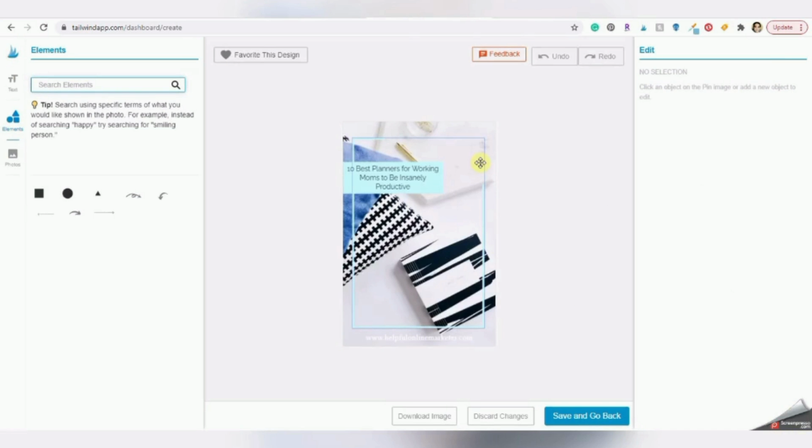Okay, now when you're here, you can edit the pin even further. You can even change the colors again according to what you want. Of course, you can use your brand colors for Pinterest, but I do encourage you to go off brand for your pins as well, because you just don't know what your audience is going to respond to. So if one of your brand colors is orange, for example, and you're using that predominantly for your pins, and you're not getting the clicks you want, you're not getting the saves you want, then I think it's time to